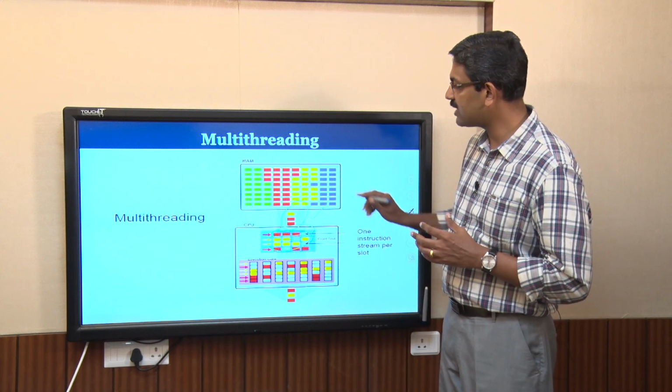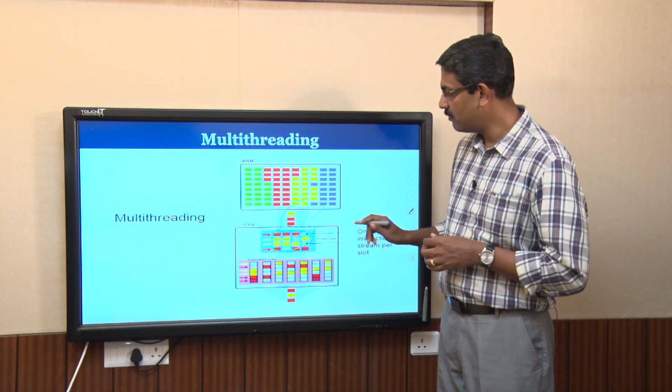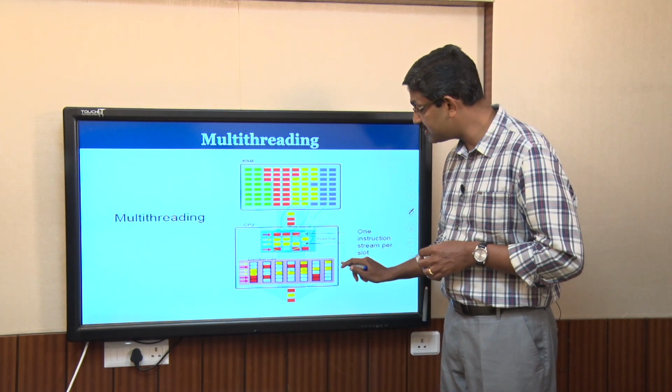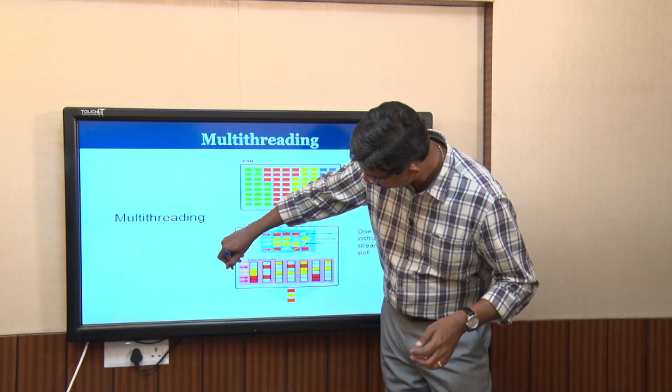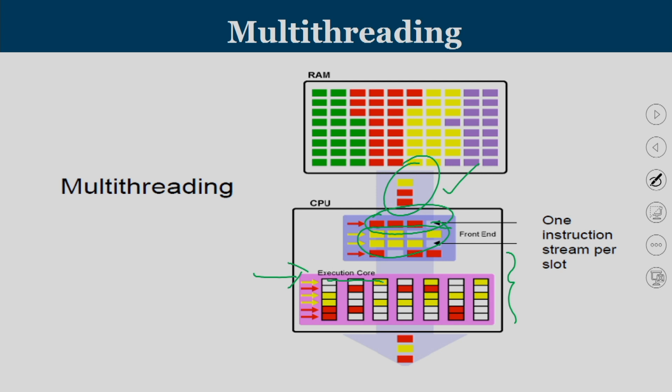So, the takeaway is I am bringing multiple instructions, they can be belonging to multiple programs, but when it comes to decoding and execution, if you look at this horizontally, either it will be blank, means there is no instruction in the pipeline, or it will be having only one color, either yellow or red.